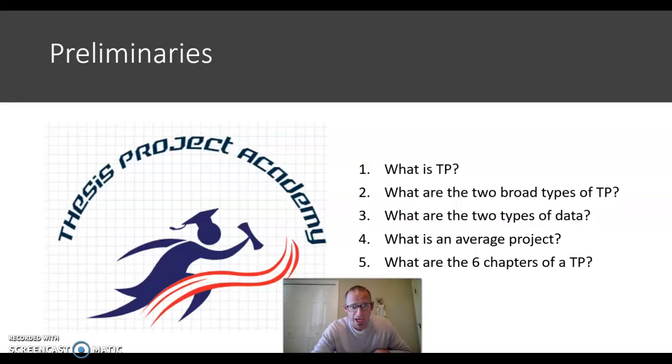What are the 6 chapters of the thesis project? Yes, the thesis project is a large paper that you write, and again, you write it after you have done work in the real world that is measured, of course. But you write chapter 1, what is the problem and why you want to address it? This is all the talk about the problem of ministry, the rationale. Why does this problem exist? How can you prove the problem exists?